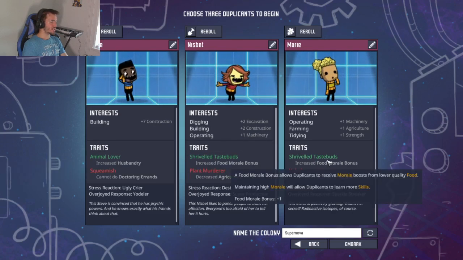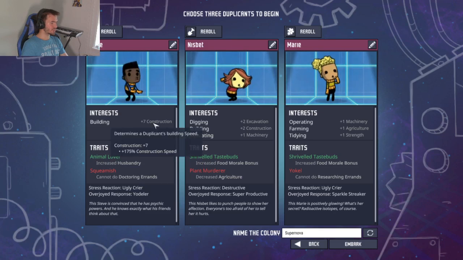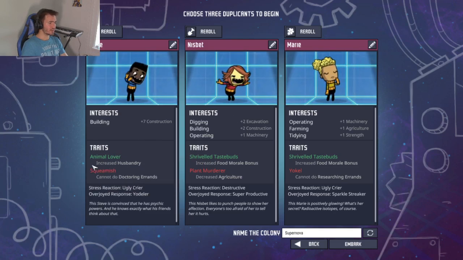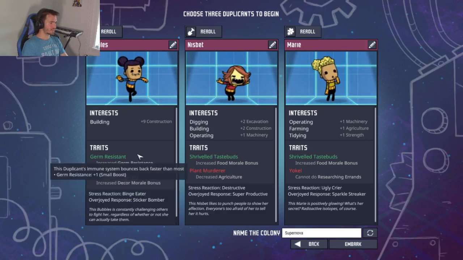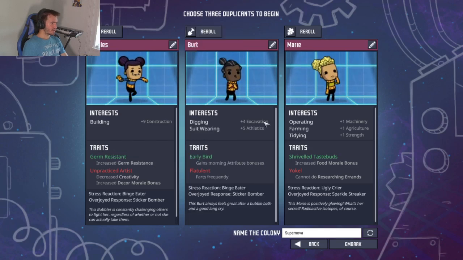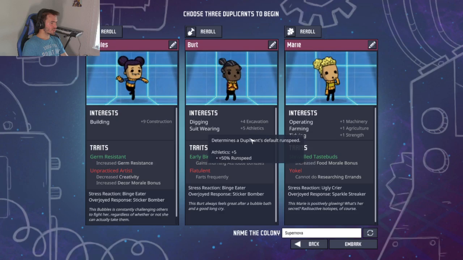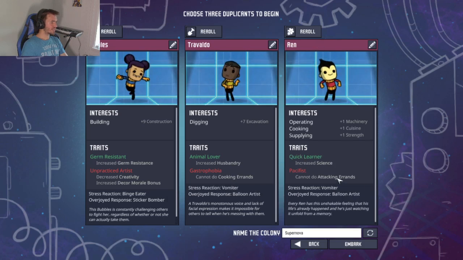Also, I will look at the traits and select a few that we want to have and don't want to have. Artist is actually okay, and increased germ resistance, nice. 9 construction, that is great. Reroll that one. Excavation, athletics, actually pretty good. I don't know about the farts. Cooking errands, husbandry, you know, I'm okay with that. Attacking errands, actually, I don't care. Increased science, nice. I will keep him like that,